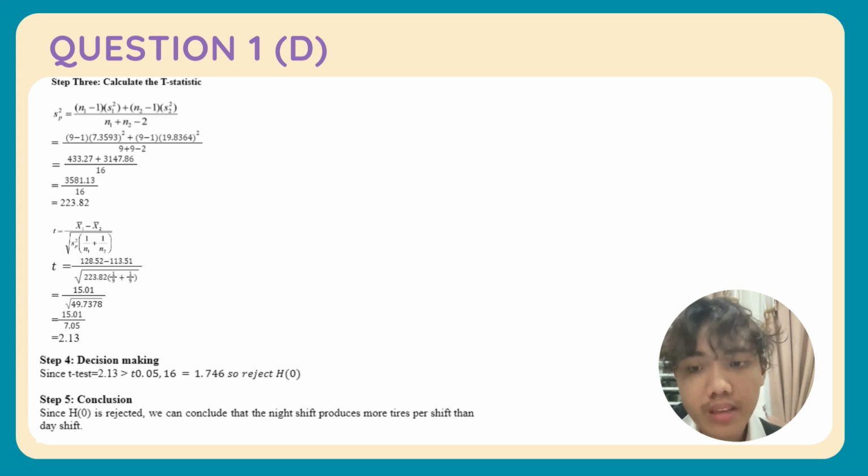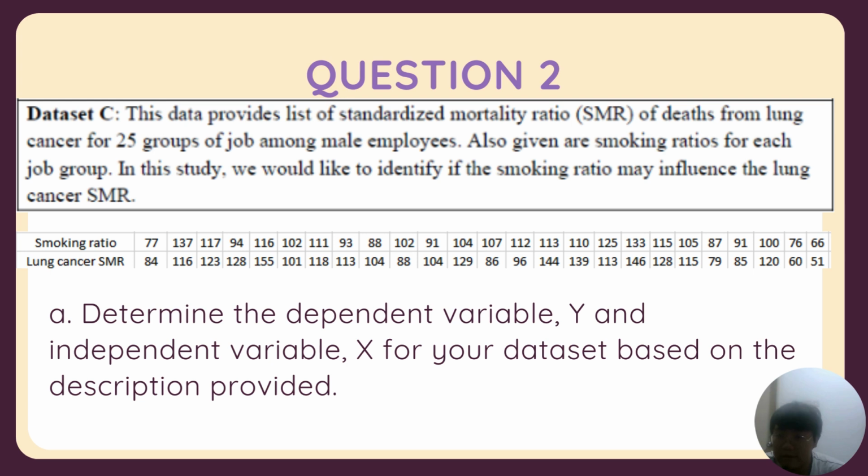Step 5, since H0 is rejected, we can conclude that the night shift produces more tires per shift than the day shift. That's all. Next, we are going to answer question 2, and our group is responsible for